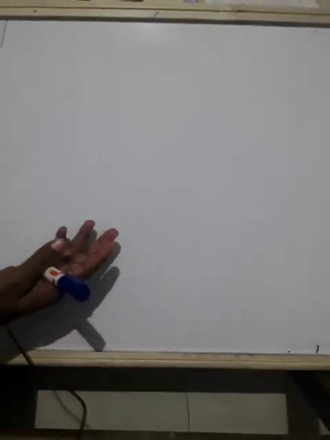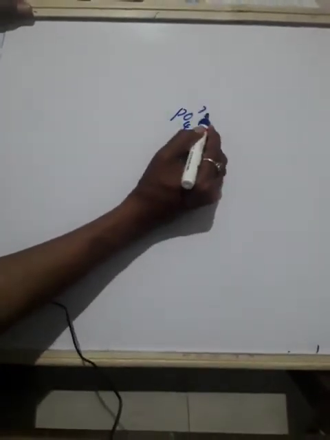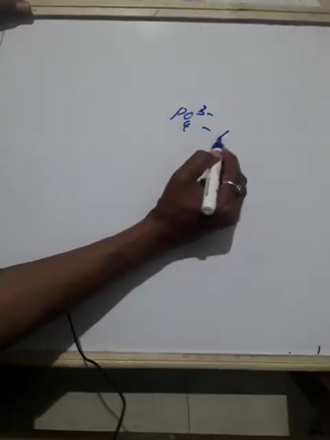It contains ions. A compound is made up of two ions. One is a positive ion and one is a negative ion. Positive ions are positively charged and negative ions are negatively charged, and these will combine to form a compound which is neutral in nature. And there is a group of atoms which are called polyatomic ions. For example, PO4 with a charge of 3 minus is the polyatomic ion phosphate.